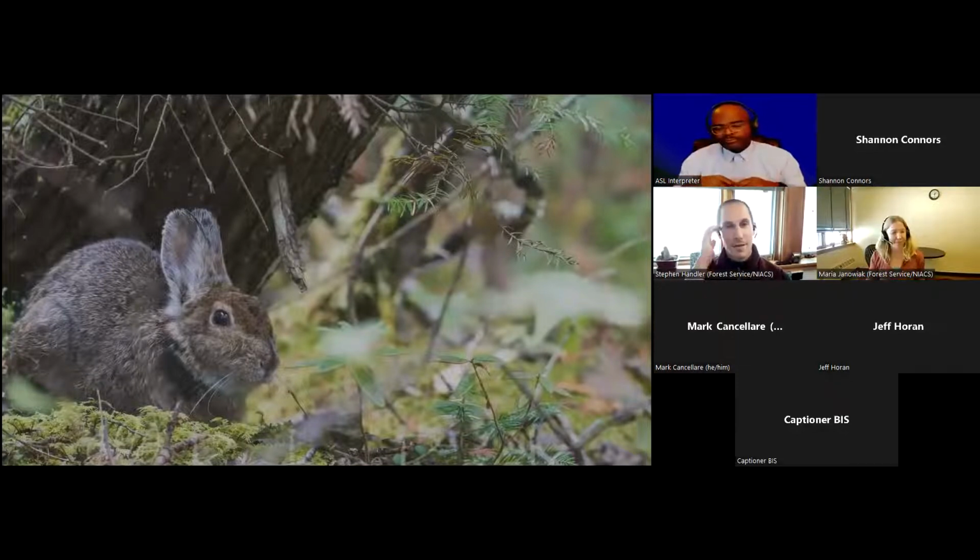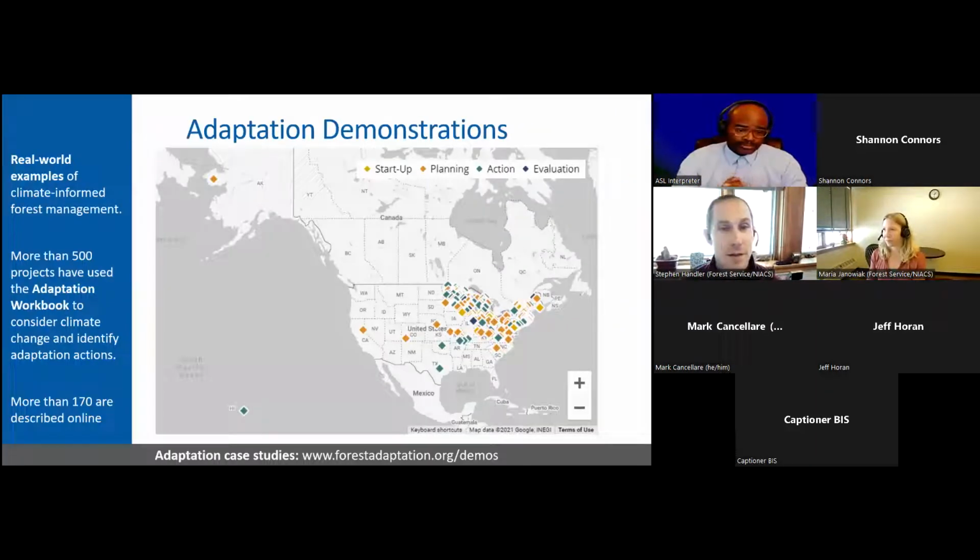Great. Okay. Yeah. So the dots on the map. This is a reflection of our organizational footprint at NIAX more than interest. This would be a good chance for me to just make up all kinds of fun stories about how people in Washington and Oregon don't care about climate change, but I'm not going to take that opportunity. Our group at NIAX, we are set up along the boundaries of the Forest Service eastern region. So we cover primarily a 20-state footprint that goes from Minnesota to Maine to Missouri to Maryland.